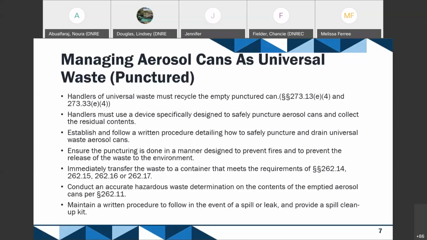Since the act of puncturing a waste aerosol can increases the potential for an accidental release, special requirements have been developed specifically for waste aerosol cans that are punctured and drained of their contents. Handlers of punctured waste aerosol cans must recycle the empty punctured can, use a device designed to safely puncture and drain the waste aerosol cans, establish and follow a written procedure detailing how to safely puncture and drain universal waste aerosol cans, ensure puncturing is done in a manner designed to prevent fires and releases of waste,